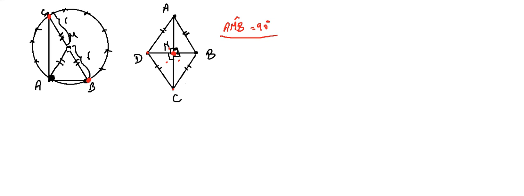This means where's the set of points M? It's exactly like this one, right? So it varies on a circle with diameter AB. We can prove that